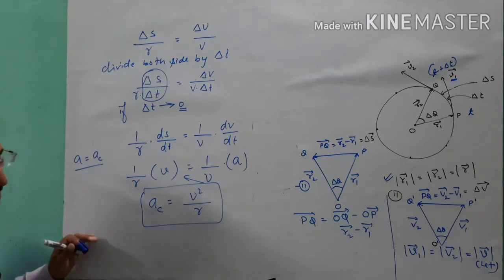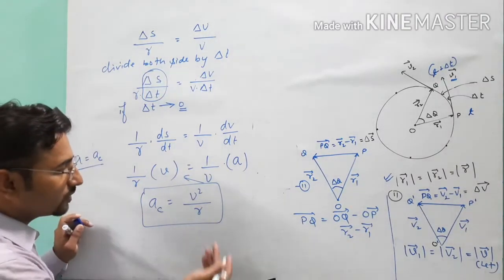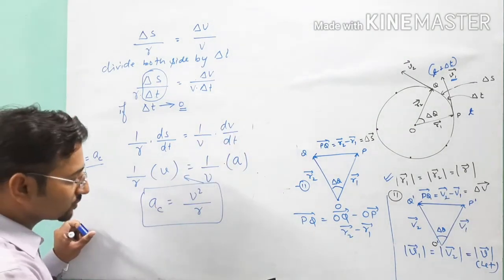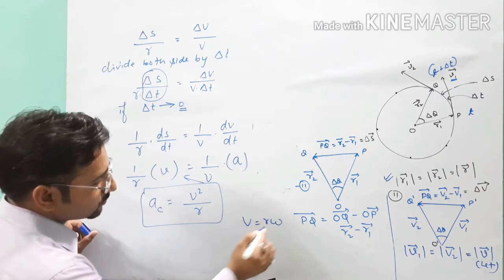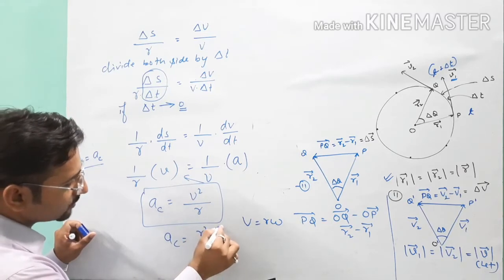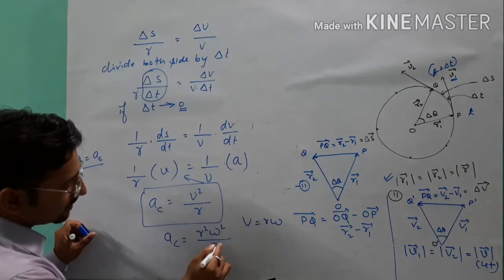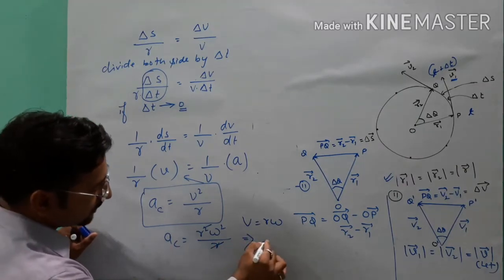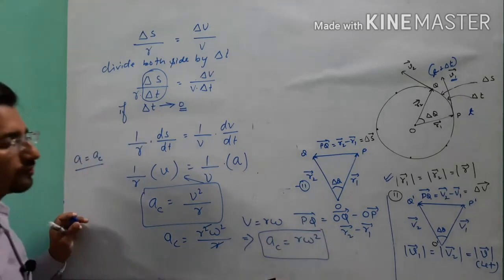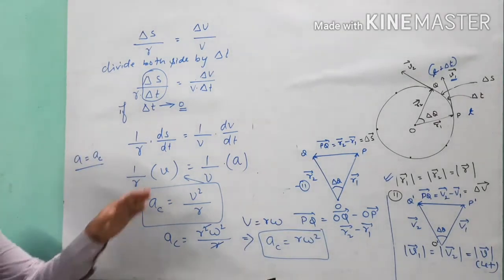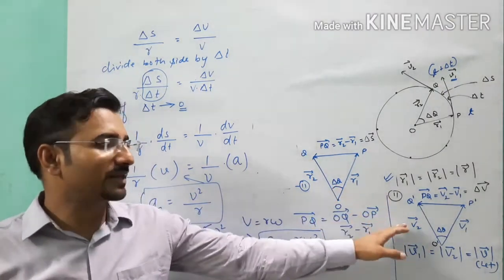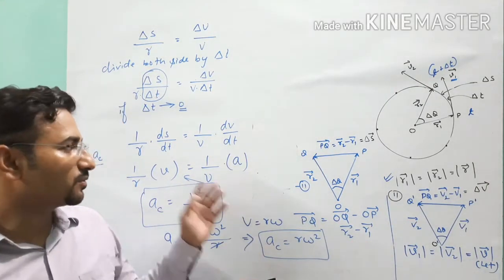So here this is the formula of centripetal acceleration, and if you want to write this formula in terms of angular velocity, which is constant during uniform circular motion, you will use one relation, v is equal to r omega, and you can substitute the value, then you will get r square omega square over r. From cancellation of these two, you will get AC is equal to r omega square. This is one more formula of centripetal acceleration with the help of the first method, which is our similarity method, by which you can prove this.